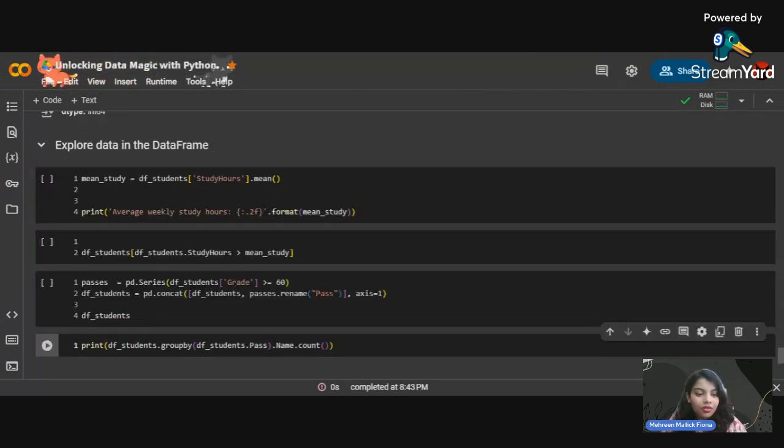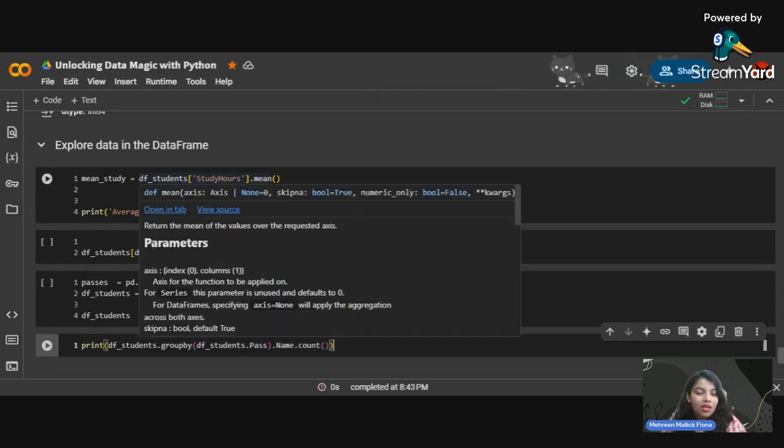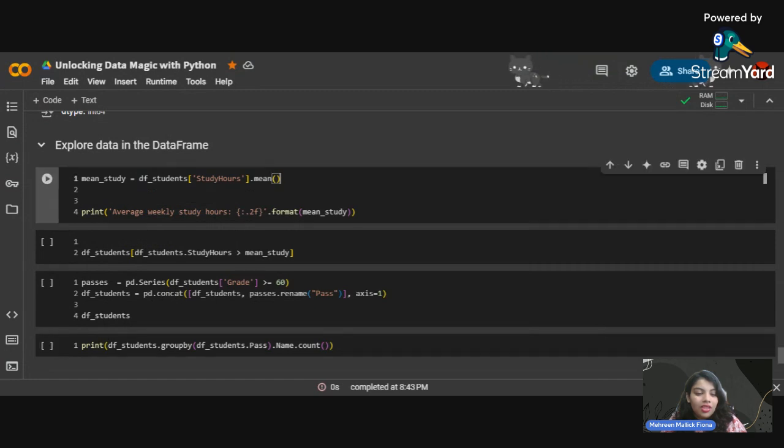Let's continue with the next short example so that we can explore some data filtering. If I want to analyze the mean of the study hours, I would simply assign the mean study, df_students and the key value here, and do the mean, because we are not calculating a string value here, we are calculating an integer value.